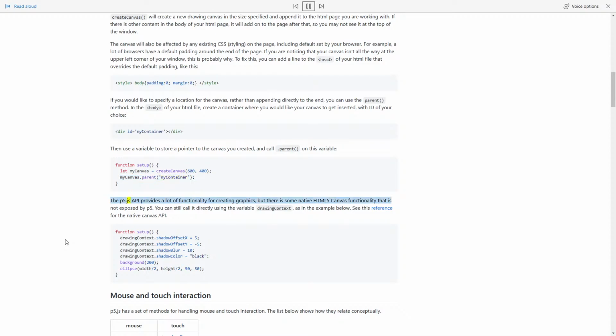The p5.js API provides a lot of functionality for creating graphics, but there is some native HTML5 canvas functionality that is not exposed by p5. You can still call it directly using the variable drawingContext, as in the example below. See this reference for the native Canvas API. function setup() { drawingContext.shadowOffsetX = 5; drawingContext.shadowOffsetY = -5; drawingContext.shadowBlur = 10; drawingContext.shadowColor = 'black'; background(200); ellipse(width/2, height/2, 50, 50); }